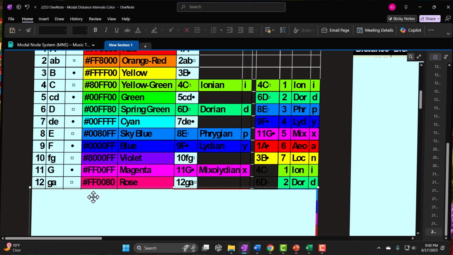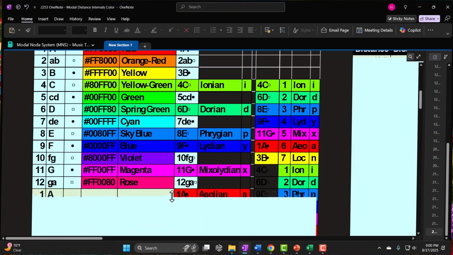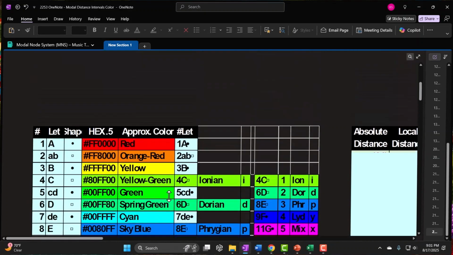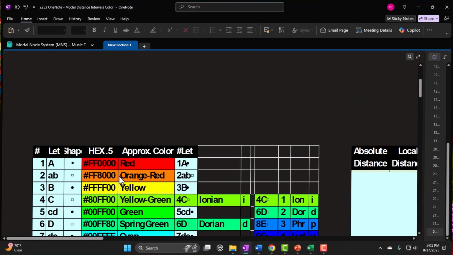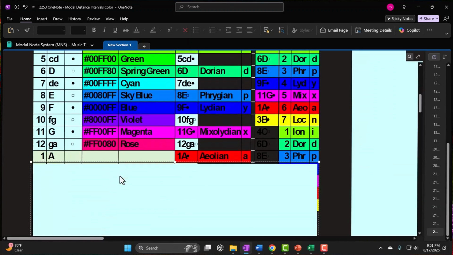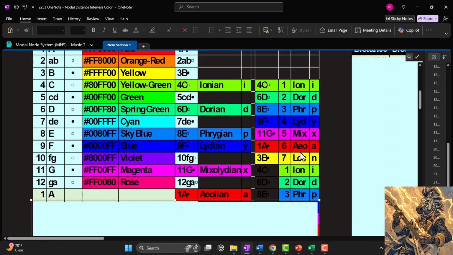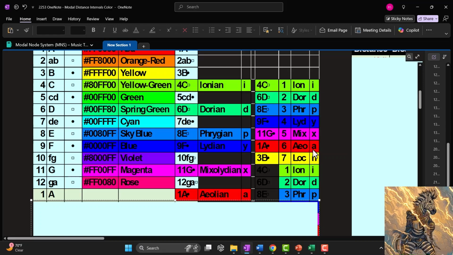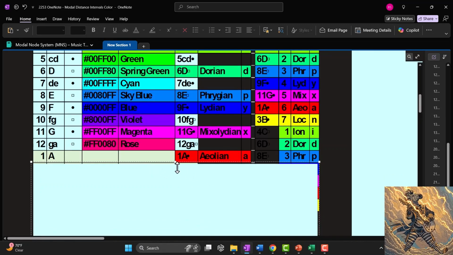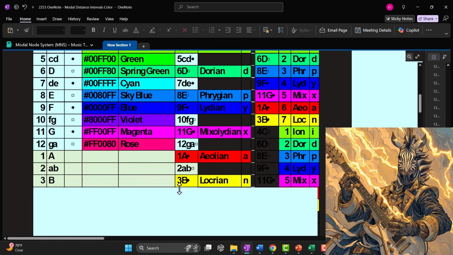12 is G sharp or A flat, that's going to be rose. And then we go to 13, which is equivalent to the A. We've gone around in a circle. So that's going to be then once again in our collection of notes. So we went whole, half, whole. Red, therefore, is going to be the 6th from a modal standpoint. It's the Aeolian mode. There's our symbol A, and then we go around to the 2, which is A sharp or B flat,